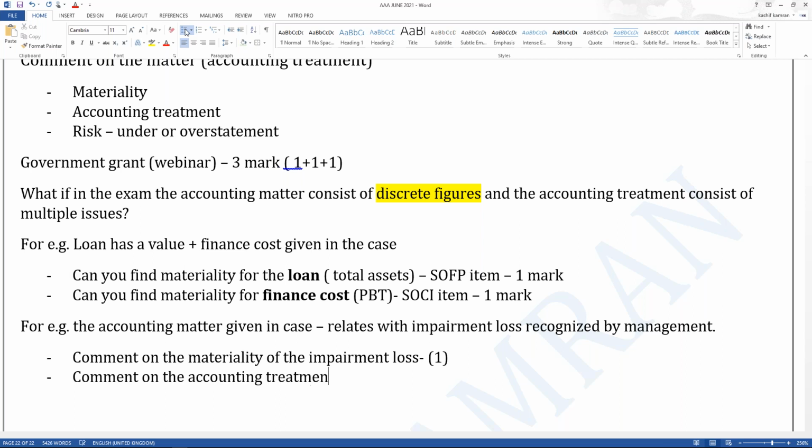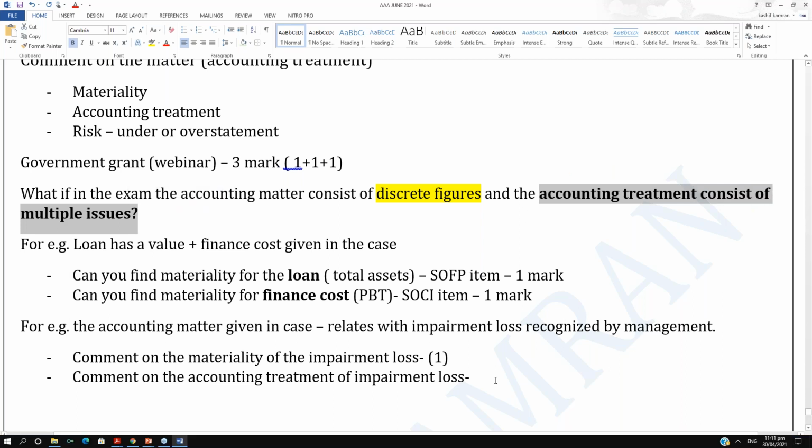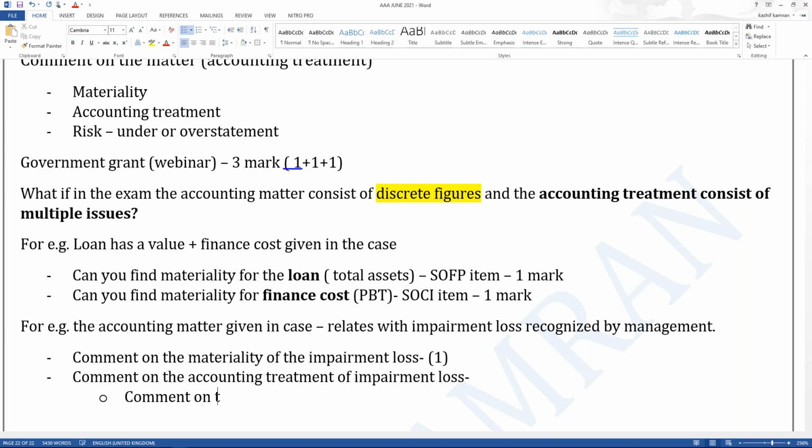Now get to my point. You will comment on the accounting treatment of impairment loss, but this is a situation in the exam paper where the accounting treatment consists of multiple issues. Now, when you are commenting on the accounting treatment of impairment loss, perhaps you will first comment on the presence of the indicators. You will first comment on the presence of the indicator, that is one accounting treatment, 1 mark. You will then comment on the determination